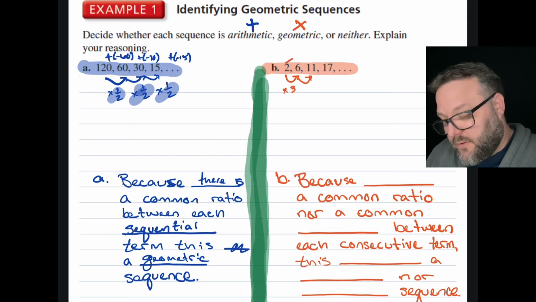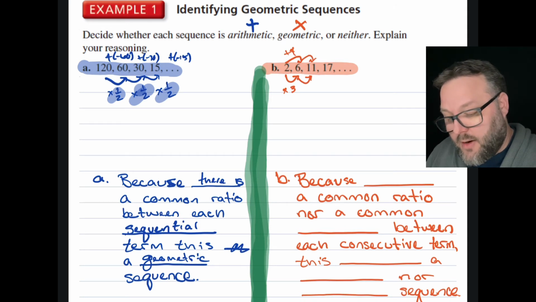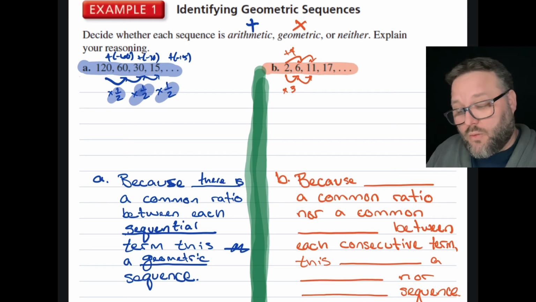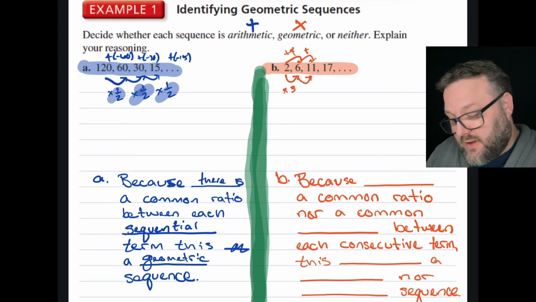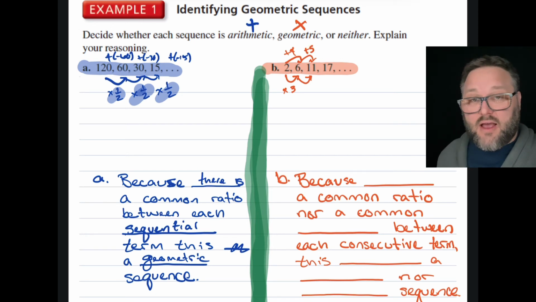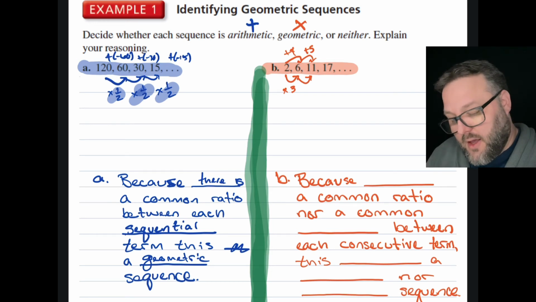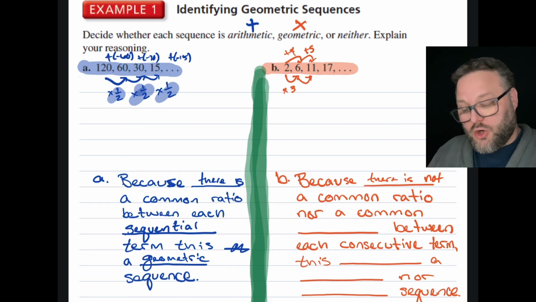Okay, so if I go from 2 to 6 and add 4, can I do the same thing from 6 to 11? Remember, I'm not jumping around just to make something work. I'm looking and going in the same order the pattern occurred in. So we're going to have to add 5. Now, because I have no pattern of adding, because I have no pattern of multiplying, because there is not a common ratio nor